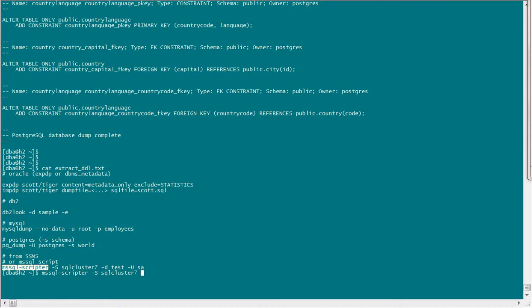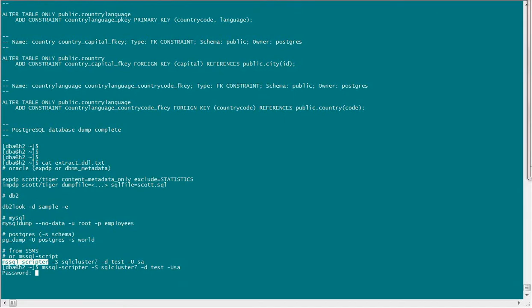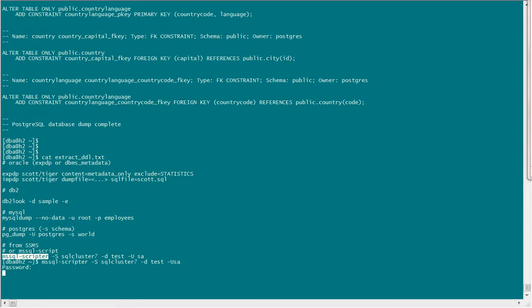I'm going to connect to a cluster, and -d is the test database, and -U and the password. And it should